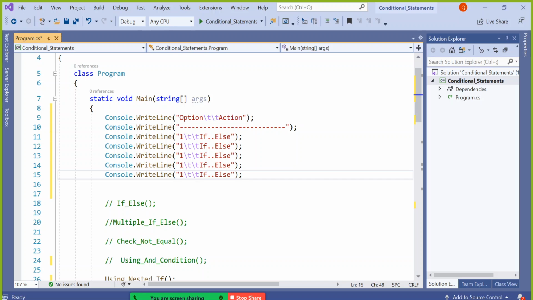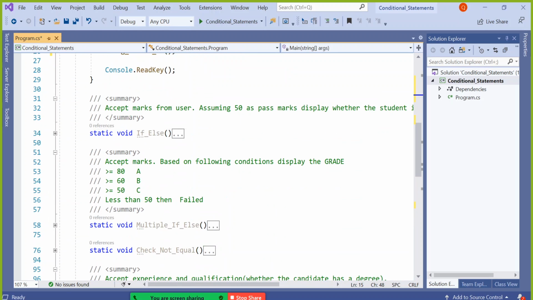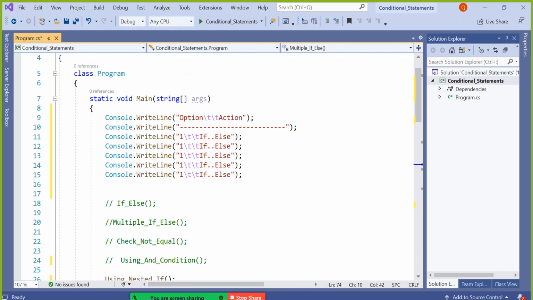How many menu options? That many times I will copy paste it. Then I will change it. So first program is if else. Second program is multiple if else. So let me write here 2. Please enter 2 if you want to use multiple if else